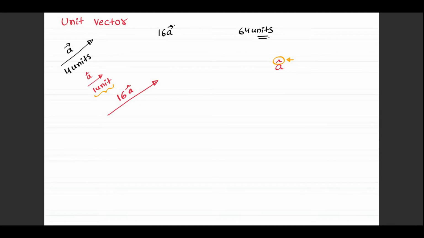So if I want to draw A vector back again, can I say I can write it like this? Its magnitude now is a and it is again in the same direction as A vector. So can I say A vector is typically this? So can I say unit vector can be defined as vector divided by its magnitude? That is why you will find in some books it's written like this, because this signifies the magnitude of a vector.